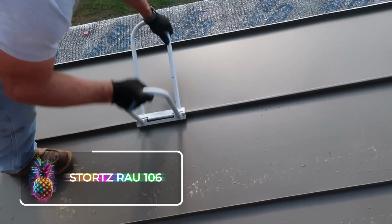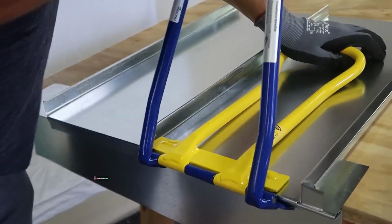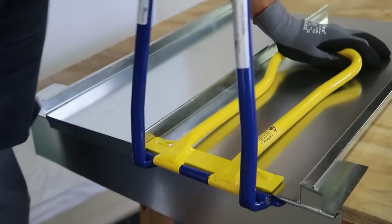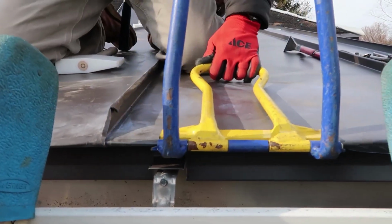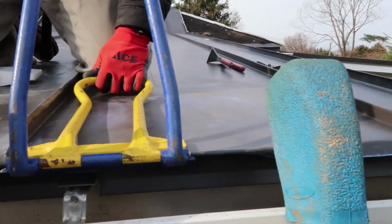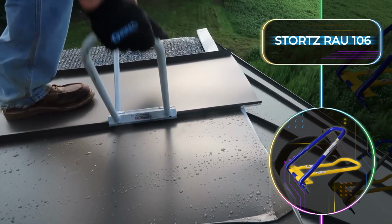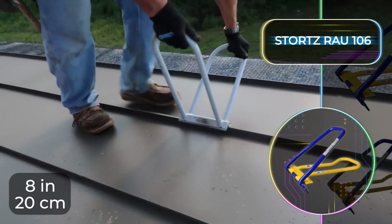Stortz RAU 106. A great deal of our featured tools are made in Germany, and this time we'd like to show you another one. The Stortz RAU 106 is a robust and wear-resistant seam locker that is strong enough to bend the edges of large metal sheets but gentle enough not to leave unsightly damage, marks, or tears in the protective coating. Since the total working width of this tool is 8 inches or 20 centimeters, you'll be able to